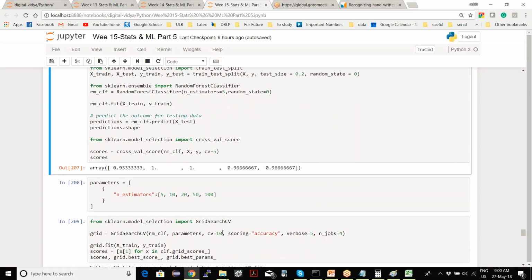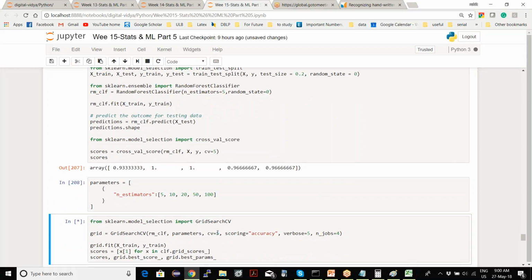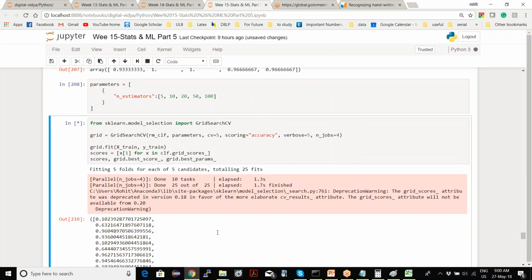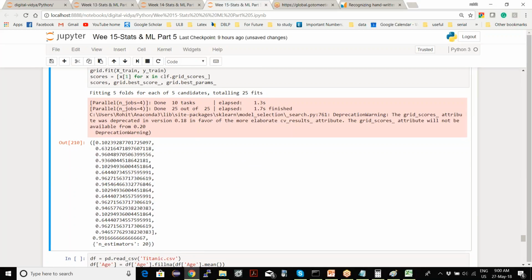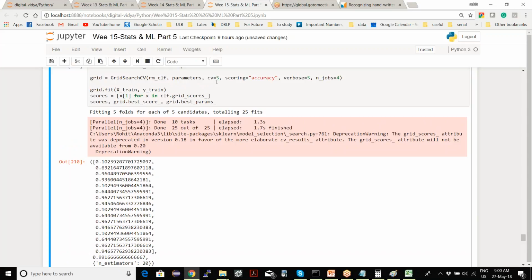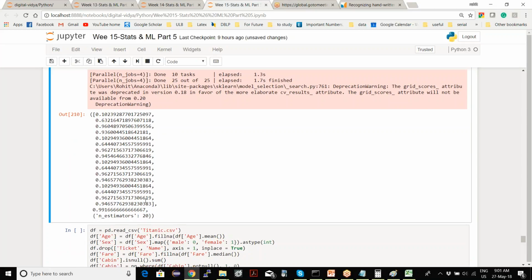You're saying cross validation is 5. So if you do cross validation with 5-fold, it says 20 is best.